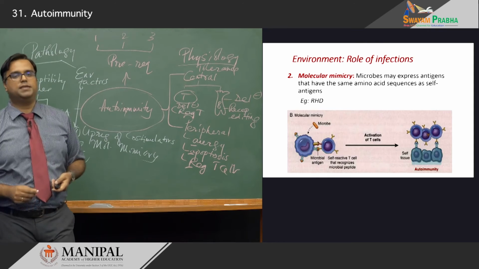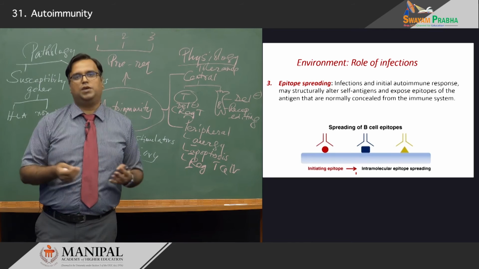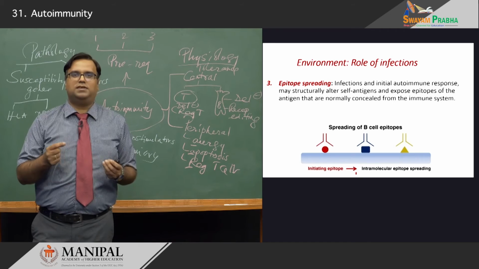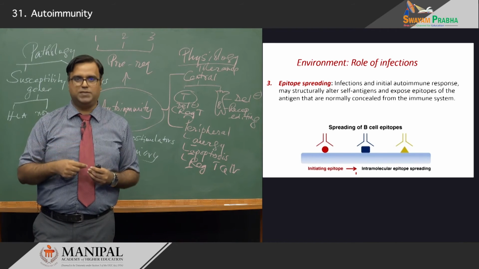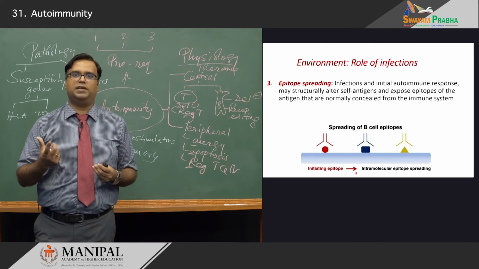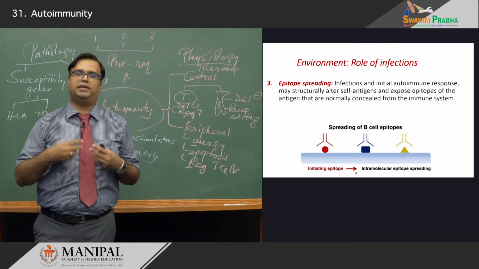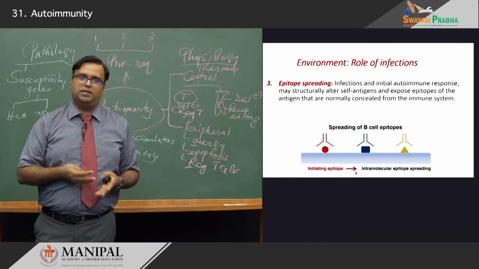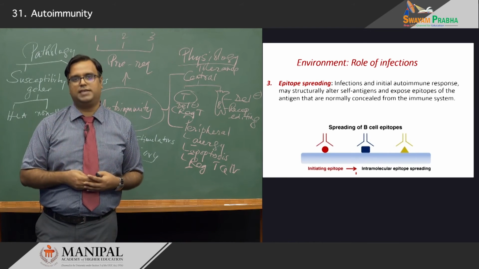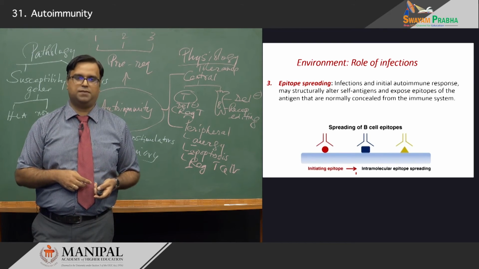The third important mechanism in this chain is what is called epitope spreading. As the infection continues in the human body, these microbes can alter your self antigens, and then expose certain sites on those antigens which were hidden from your immune system. So far they were sequestered, now because of microbial insult they are released, but your body doesn't have a memory of them. So what will the body do? It will react directly against these antigens. This epitope spreading results in a robust reaction of the T cells and B cells against the hidden antigens, resulting in autoimmune disorders.